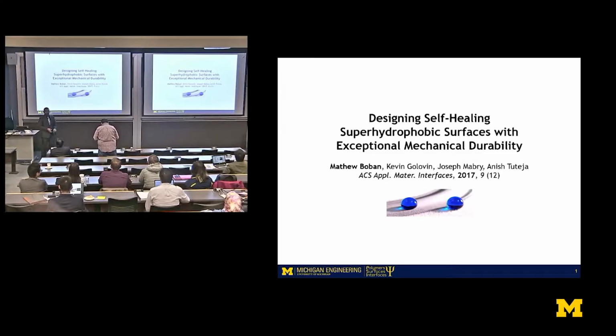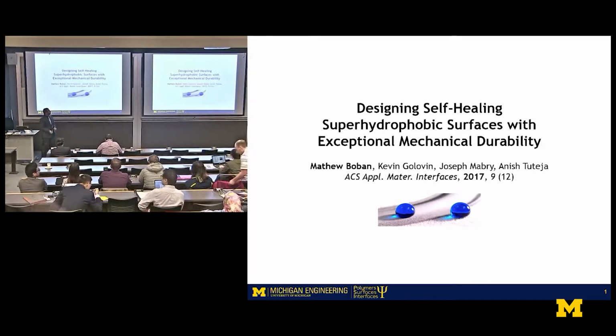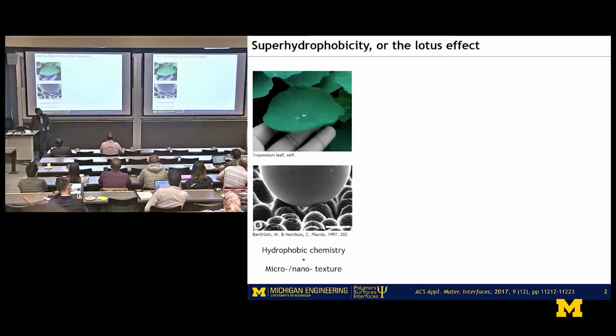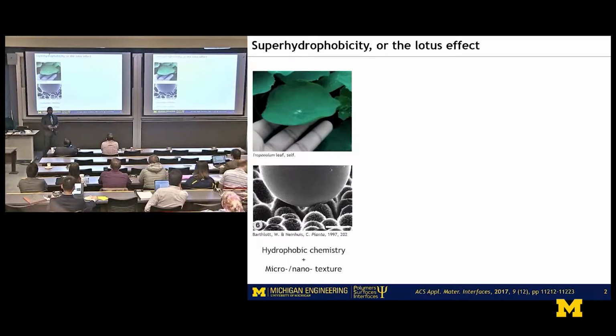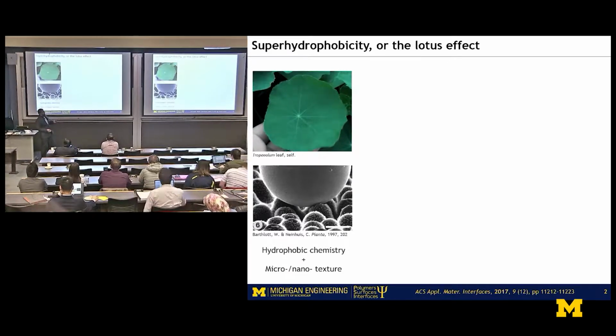Hello, everyone. As Anish mentioned, I'm one of his students, and I'm here to present our recent work on durable superhydrophobic coatings. So superhydrophobicity, or extreme water repellence, is a property exhibited by plants such as the lotus, most famously. As you can see, water droplets bead up completely on these leaves and roll right off. And this is due to a combination of their hydrophobic chemistry and surface micro and nanotexture, as shown in this